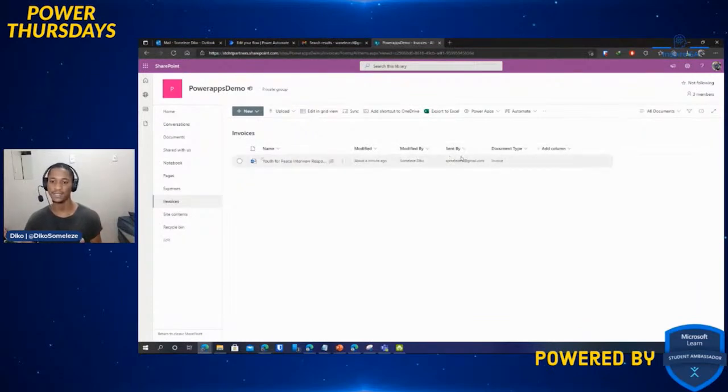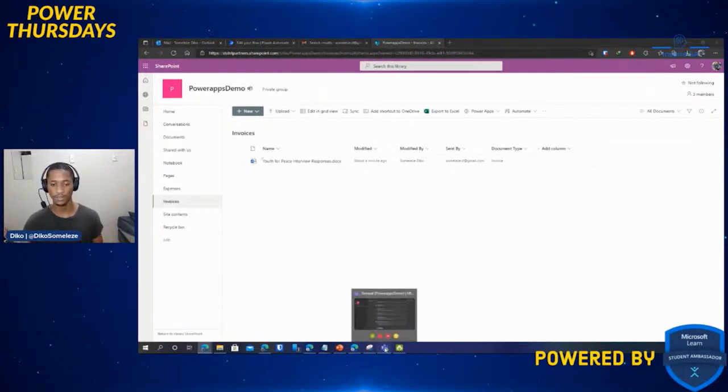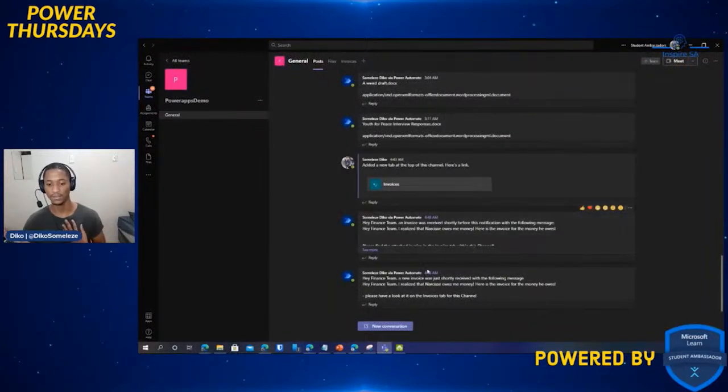And then it says that it was sent by someleze.d@gmail.com, which is the client. That would be the client. And then the document type would be the invoice. Now, to double check if it really worked: the main purpose of this entire session was to show you how to take the attachment and get it into a centralized place, which is our Microsoft Teams channel. So if you go back to Microsoft Teams and we check our Teams, it says, "Hey